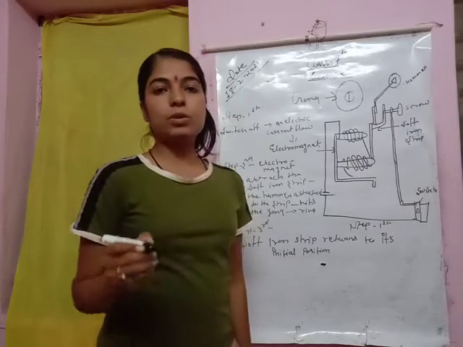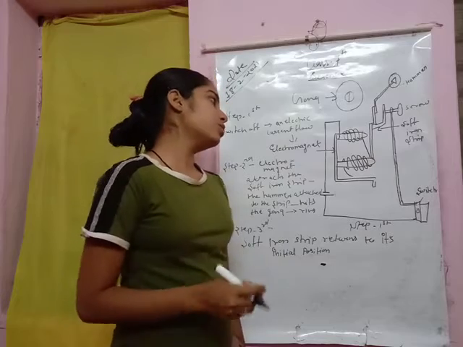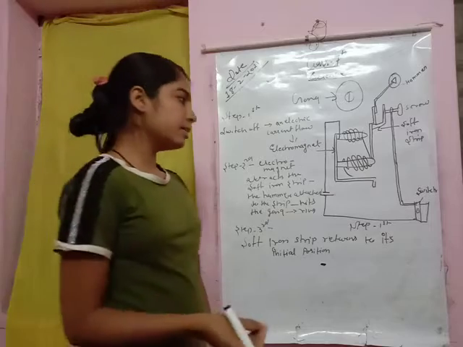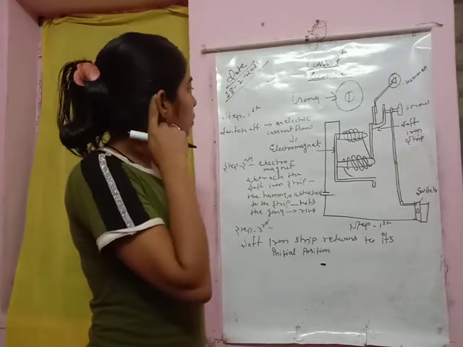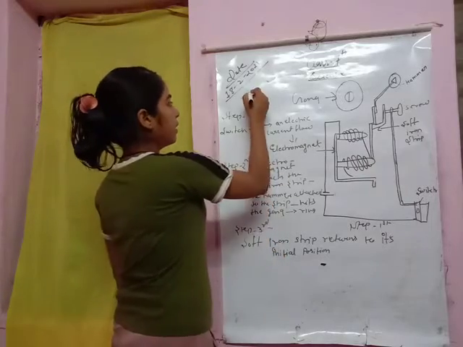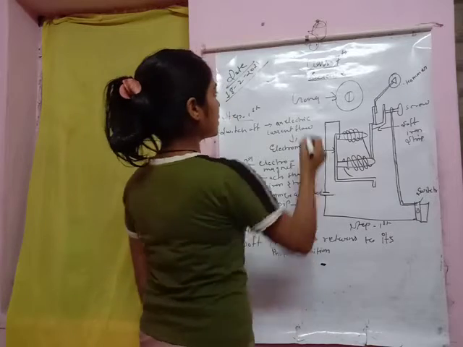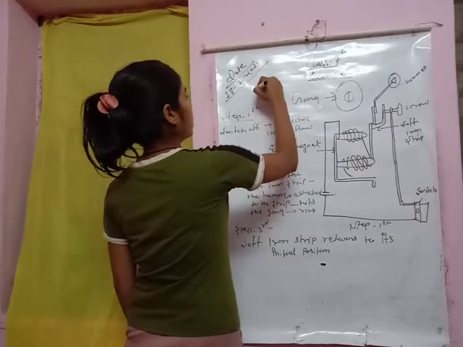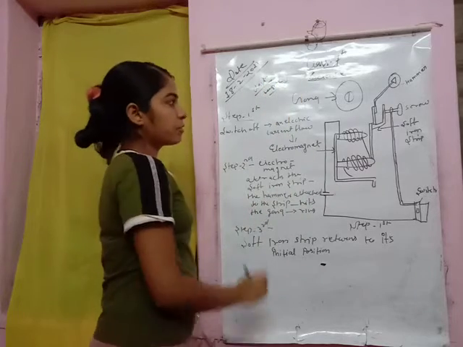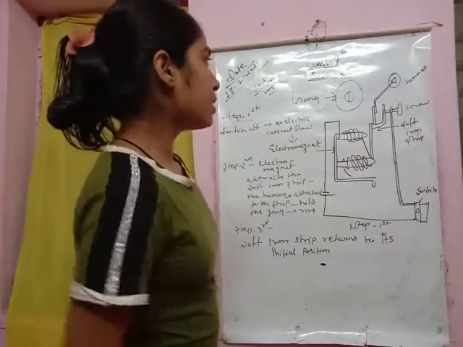Students, I told you about the magnetic effect of electric current, and yesterday I told you the uses of some electromagnets in our daily lives. Clear? Today I am going to tell you one use of the electromagnet, that is the electric bell. The function of the electric bell is the last topic of this lesson. After this the chapter is finished and with it your syllabus is also finished. Clear? So let's start today's topic.